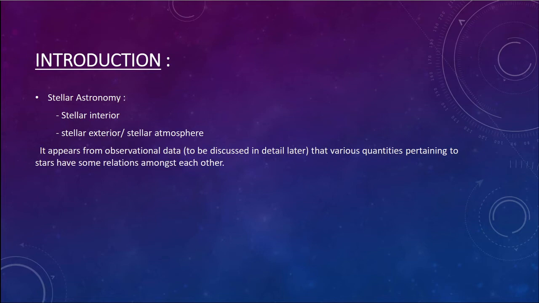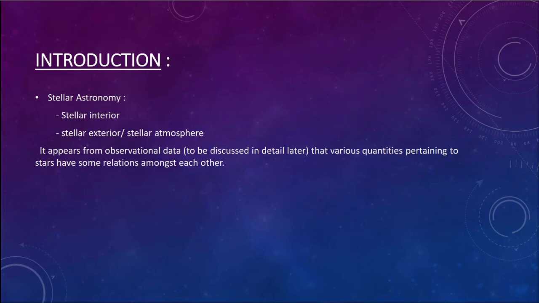So traditionally, stellar astronomy has been divided into two branches. The first is the stellar interior, and the next is the stellar exterior, or the stellar atmosphere. You may wonder at what depth inside a star the stellar atmosphere ends and the stellar interior begins. As it happens, the terms stellar interior and stellar exterior do not correspond to anything physical about exterior or interior. It has something to do with the scientific subjects, which address two different sets of questions.